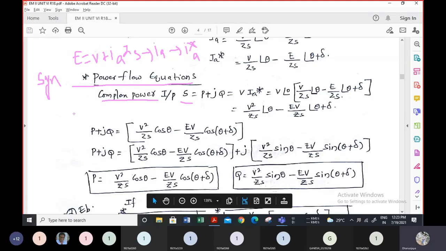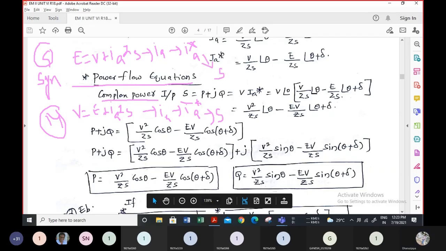Now in the synchronous motor, what are the changes that take place here? This is motor and this is generator. In the synchronous motor, I am writing V equal to E plus IA into ZS, and from that I am writing IA, and from that I am converting into IA conjugate. So after finding IA conjugate, again what you need to do here is derive the expression